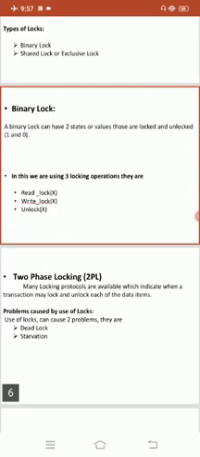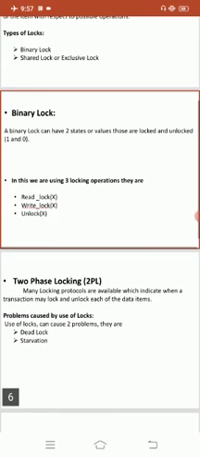Binary lock operations are of two kinds: one is called lock item, and the second is called unlock item. When a transaction requests access to an item X, it first issues a lock item X operation. If lock of X is 1, the transaction is forced to wait. If lock of X is 0, it is set to 1, so that this transaction locks the item and other transactions cannot access it.